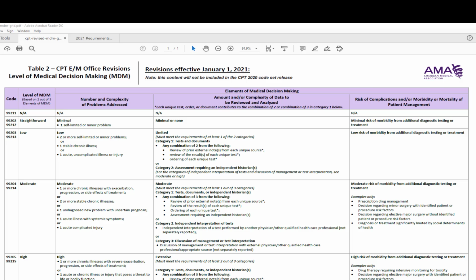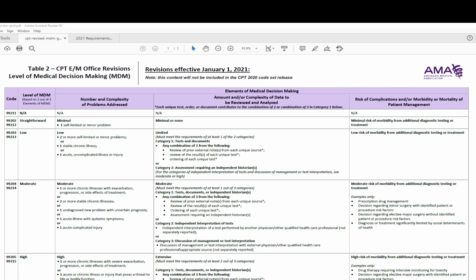So how do we get to the 99203, 99213? Okay, let's look at this. This would be a low level of medical decision-making, which is one level higher than straightforward. All right, so low means that there are two or more self-limited or minor problems, or one stable chronic illness, or one acute uncomplicated illness or injury. Okay, so the typical patient that we see as chiropractors is most likely going to fall under that one acute uncomplicated illness or injury. Again, even if you're doing neck, upper back, middle back, lower back, right shoulder, left shoulder,